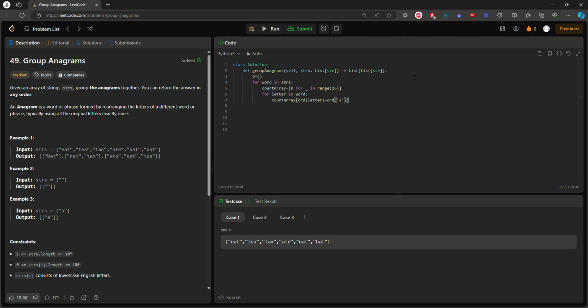This will ensure that any character you have will be in the range of 0 to 26, and you increment it by 1. And after this, check if the tuple, you can't directly put arrays into a dictionary, so you have to convert it into a tuple beforehand. So check if the tuple of the count array exists in our dictionary, that means that is an anagram. So what you'll do is d at the position tuple,